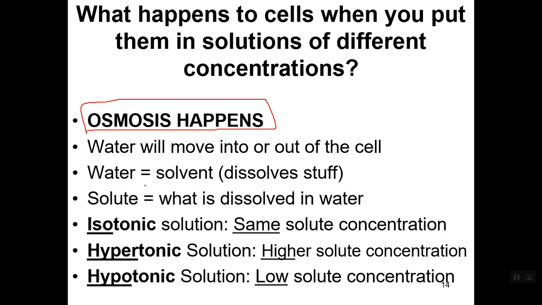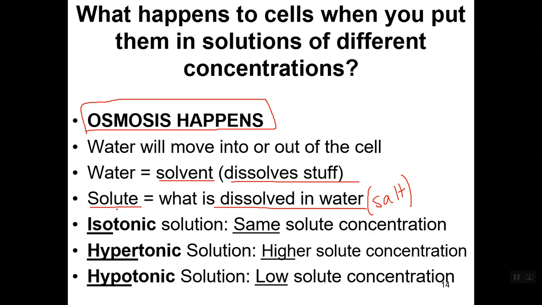Osmosis Jones, ooh. Water will move into or out of the cell, right? Just some vocab that you've seen before. Water in this case is referred to as a solvent. Remember, it's a universal solvent. It dissolves everything because it's polar, and a lot of things are also polar. The solute is what's being dissolved in the water. So for these examples, usually we're going to be looking at things like salt. However, sugar, amino acids, other larger molecules that might not be able to pass through the membrane on their own